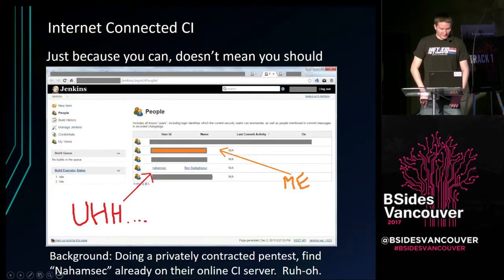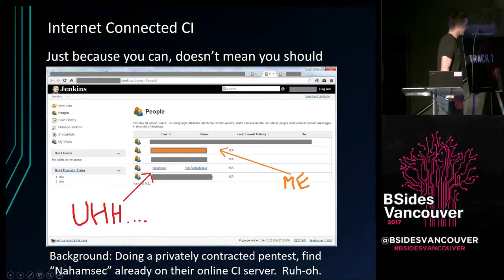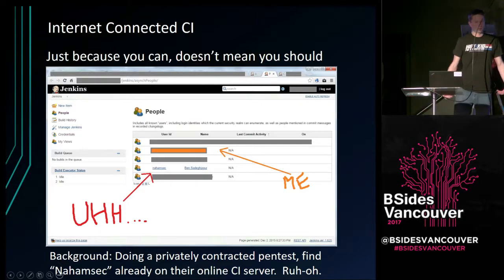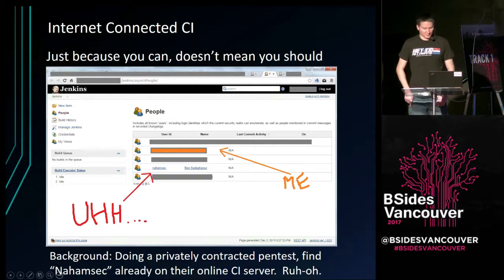So I go ahead and do this, and as you can see there in yellow, I blocked it out, but that was my account I created, and thought, hey, cool, that's neat, it dropped me into the server. And then I saw there were only 5 other users on it.